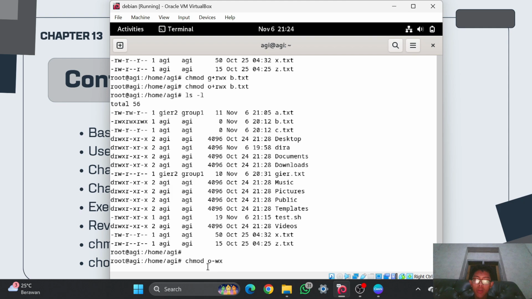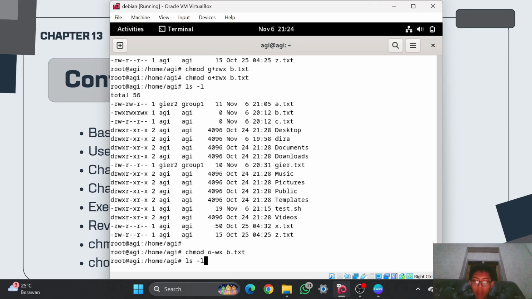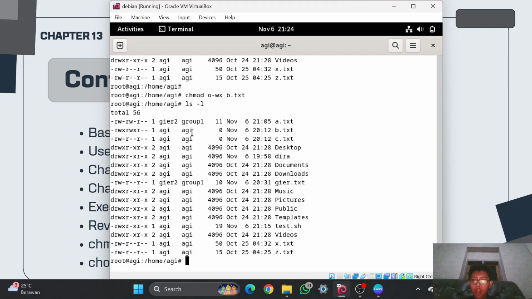That means o negative wx, and then the name of the file, and enter. And if I check again, right now the other only has access to read the file b.txt.